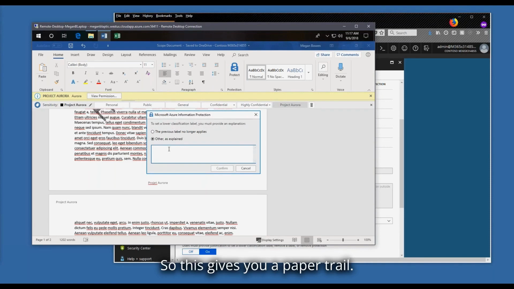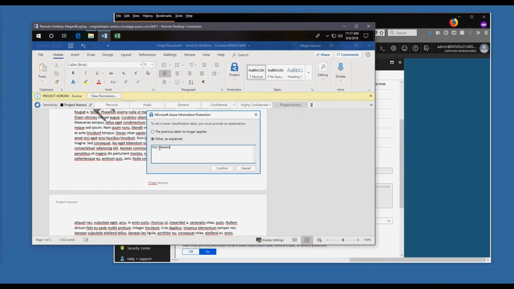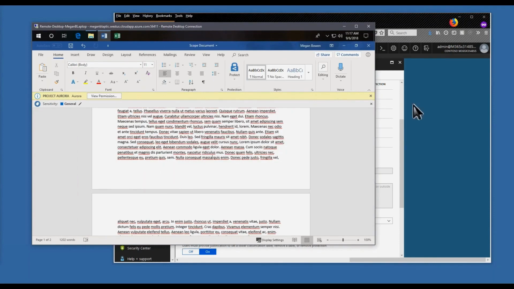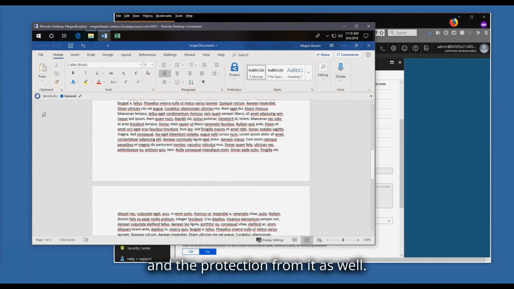So this gives you a paper trail, in the event that people are trying to remove protection from files. This gives you an ability to see why these labels are being removed, and you also have the ability to prevent this as well. So in this case, we'll just make an answer for this, and confirm it. And that should remove the label and the protection from it as well. So that's the file piece of this. Now,